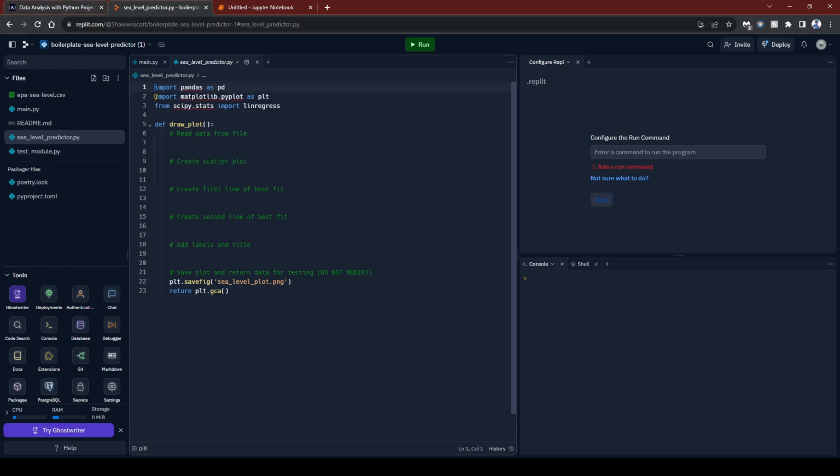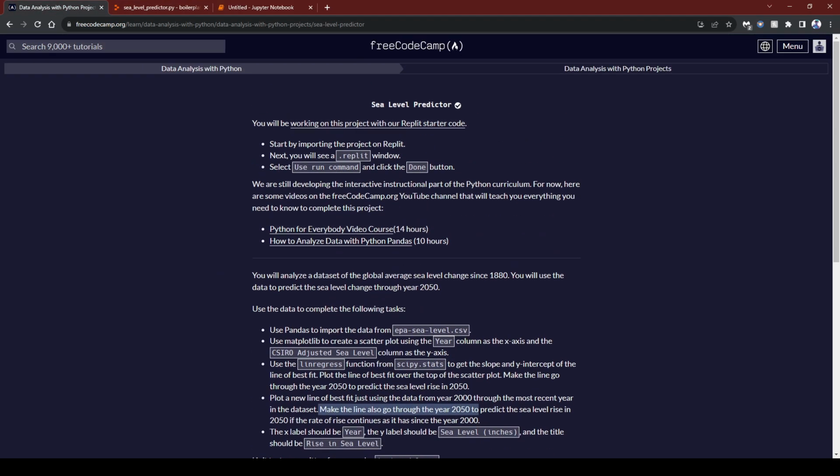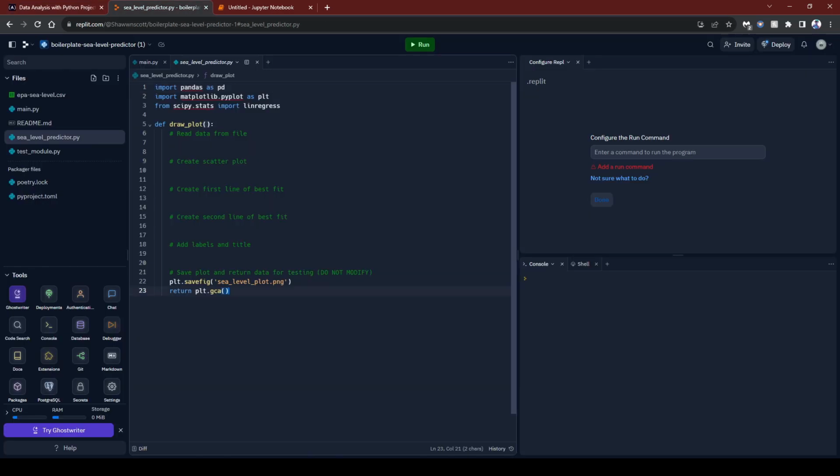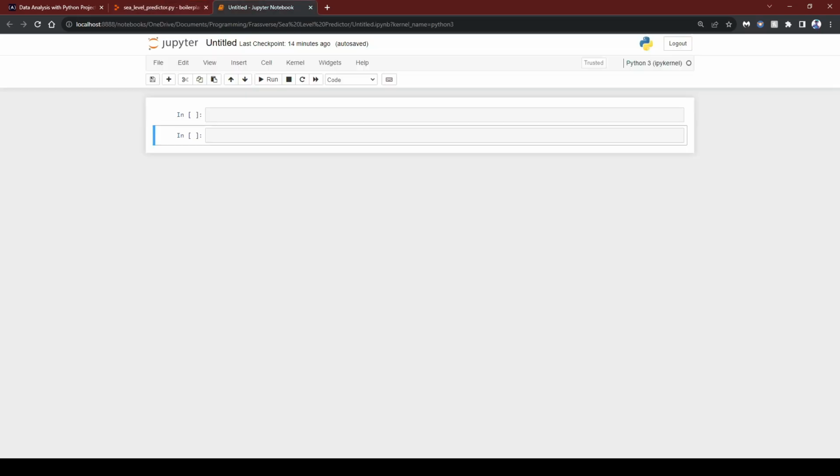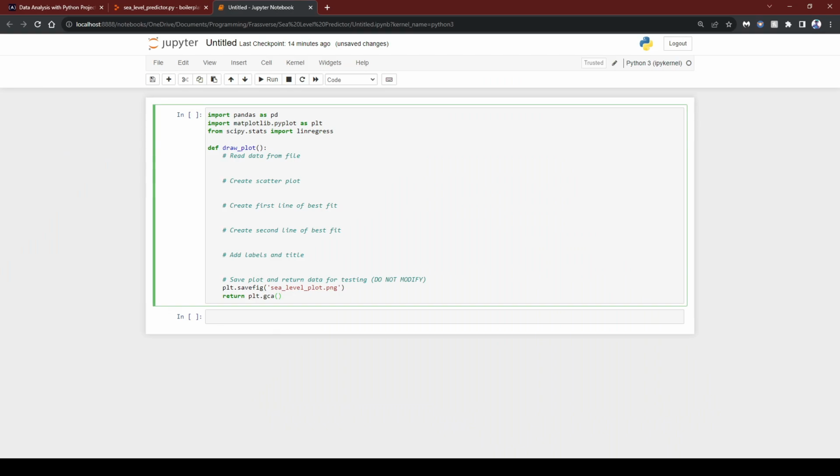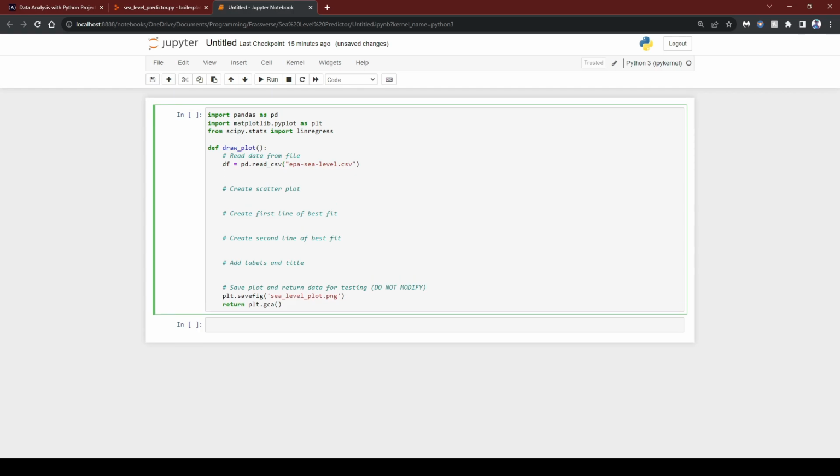So when you open up the code, you click the Replit link. This is where it's going to bring you. I'm just going to copy it and paste it over here because I'm working in Jupyter Notebook. I already downloaded the CSV file, so it's on my computer. So what we're going to do is read it in, so it's going to be pd.read_csv. And now that it's read,